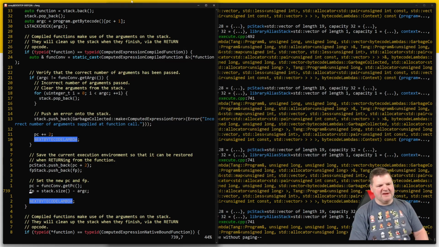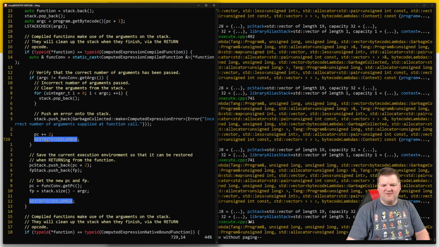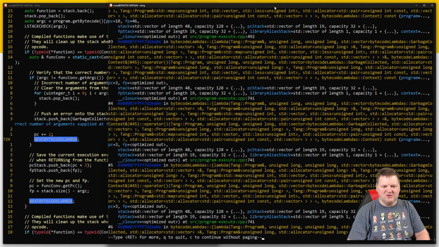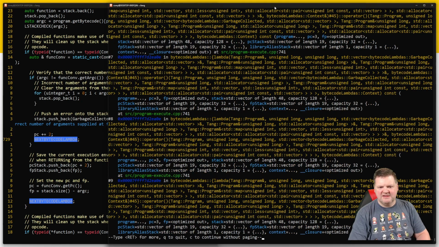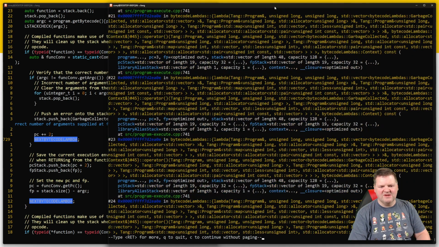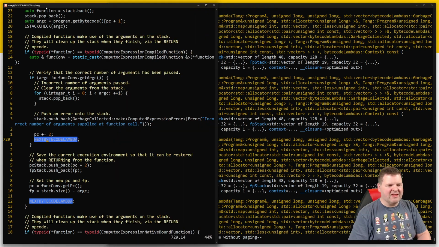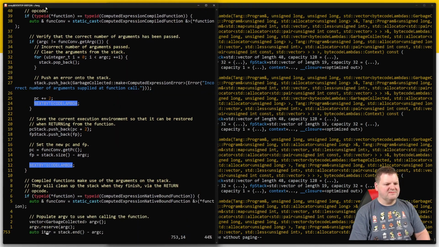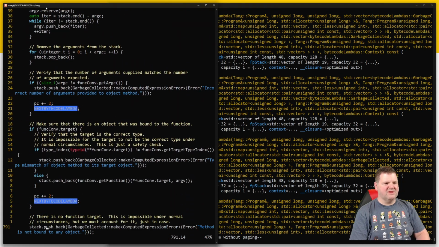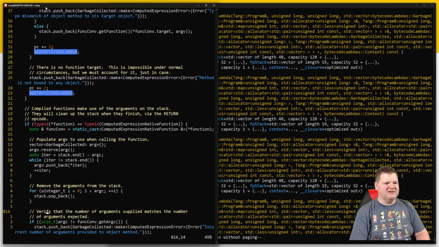The reason is because if you notice it's in the same place, 741, 741, 741, that means we weren't able to clean up the stack at that spot. So for all of these, it's going to be